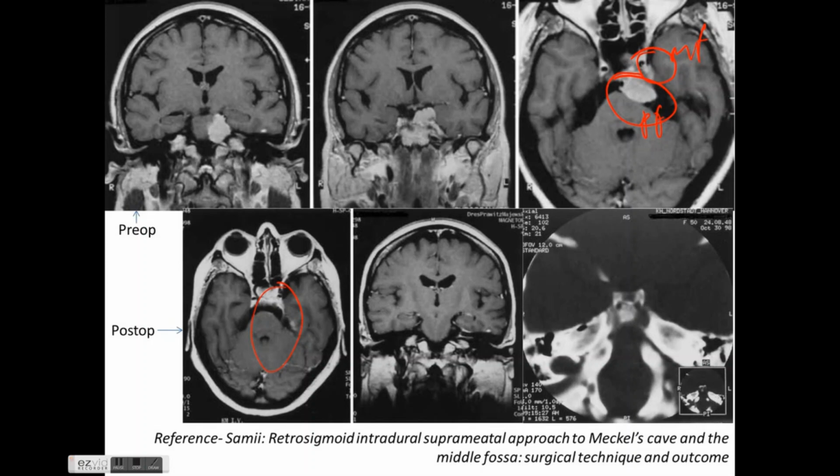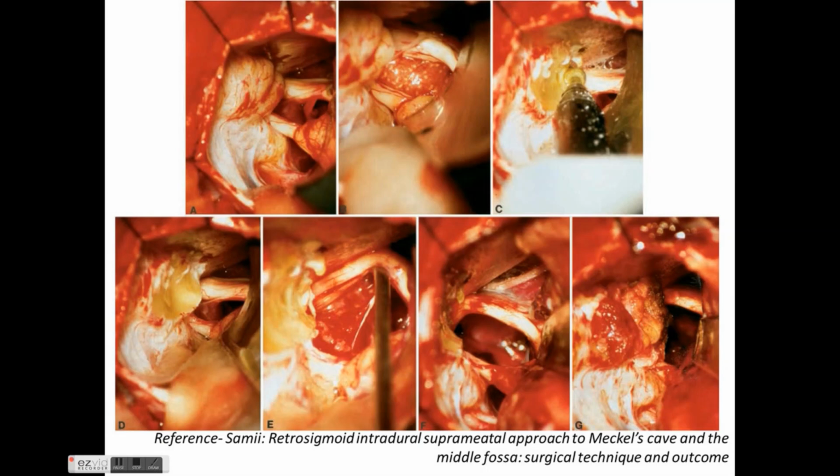These are the intraoperative pictures that Dr. Sami had mentioned in the paper. He had mentioned the suprameatal tubercle, which we can see here, and we can see the trigeminal nerve and the upper neurovascular bundle. As we can see, he is drilling the suprameatal tubercle, and after drilling of the suprameatal tubercle,